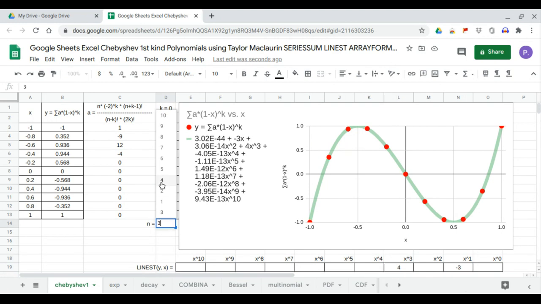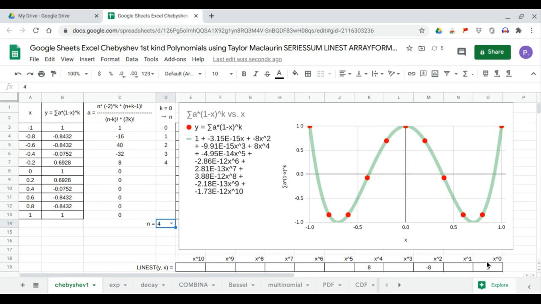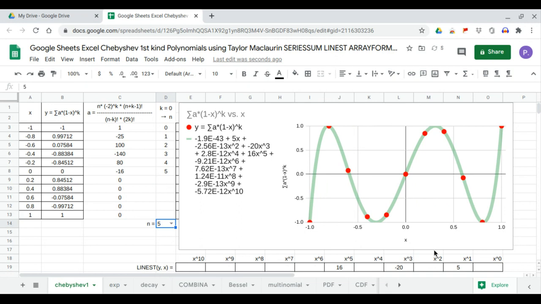At n equals 4, Chebyshev first kind polynomial y equals 1 minus 8x squared plus 8x to the fourth. The rest is 0. At n equals 5, the Chebyshev first kind polynomial y equals 5x minus 20x cubed plus 16x to the fifth. At n equals 6,